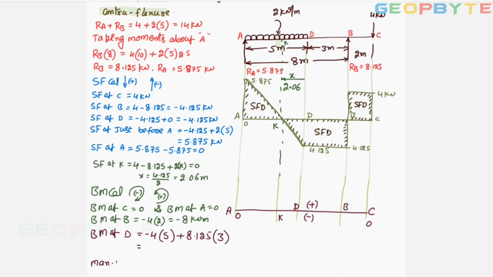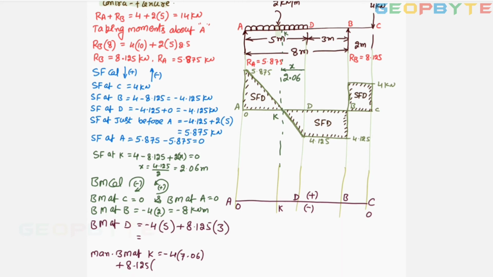Then maximum bending moment at K. Maximum bending moment at K equal to minus 4 into distance up to K. Minus 4 into distance up to K, it is 7.06, plus 8.125 multiplied by distance up to K, 5.06,